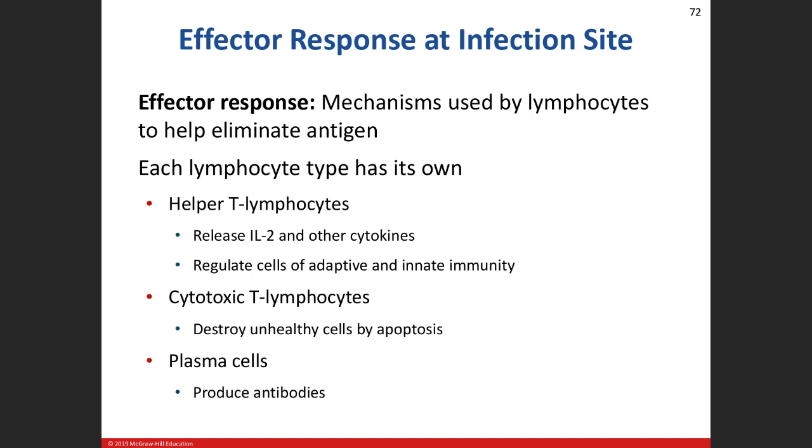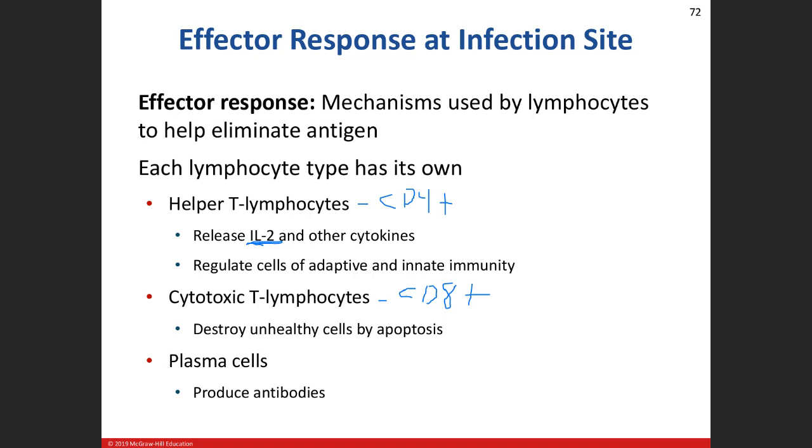It varies depending on which type of cell we're talking about. So you have the three types of cell: our CD4, the helper T cells, our CD8, the cytotoxic, and then our B cells, well, plasma cells. If you notice, each of these cells has a kind of different effect. The helper T cells don't actually go in and do the dirty work themselves. They're the mastermind. They get other cells to do the dirty work for them. So how do they do that? They release chemicals, interleukin-2, interleukin-4. They like to release chemicals, and those chemicals tell these other cells, from the innate immune system or the adaptive immune system,